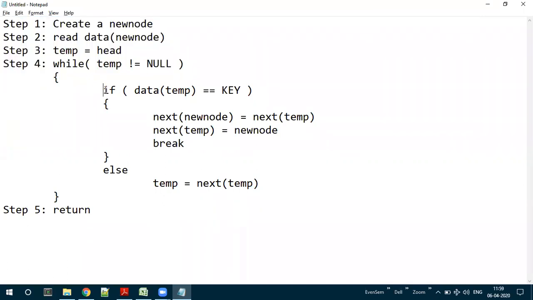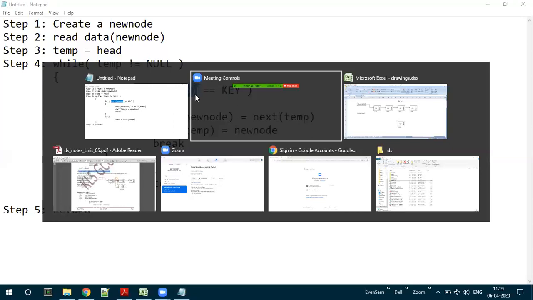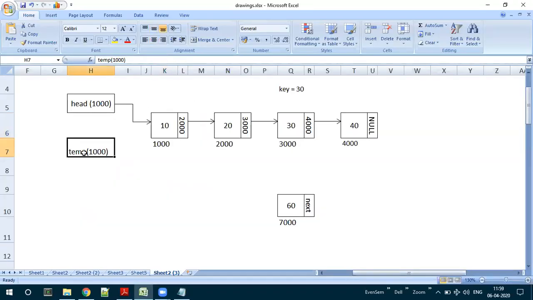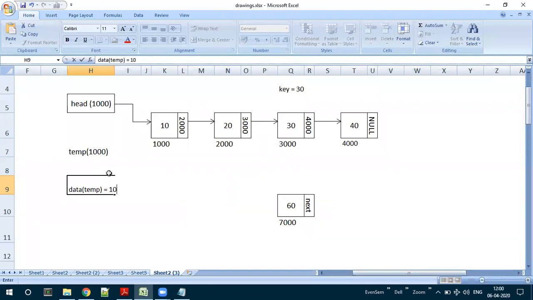Now, if data of temp is equal to the key, let us see what the data of temp is right now. Temp is pointing to 1000. So what is the data of 1000? Data of 1000 is 10. So data of temp is equal to 10.